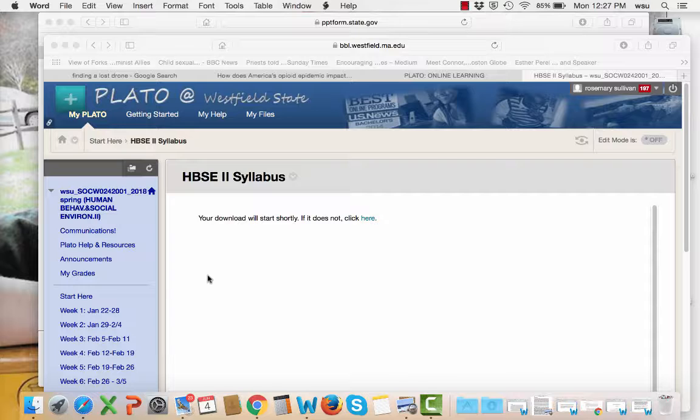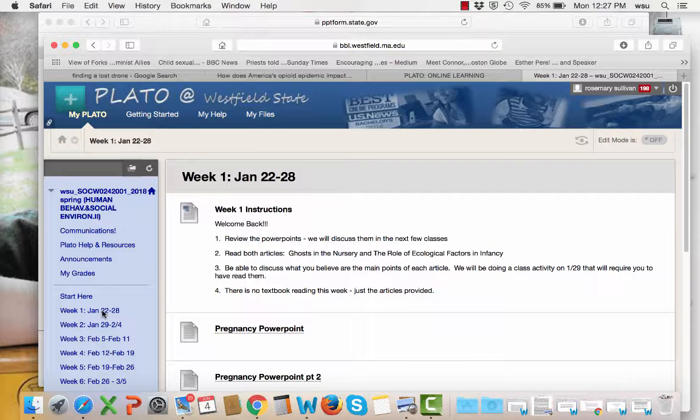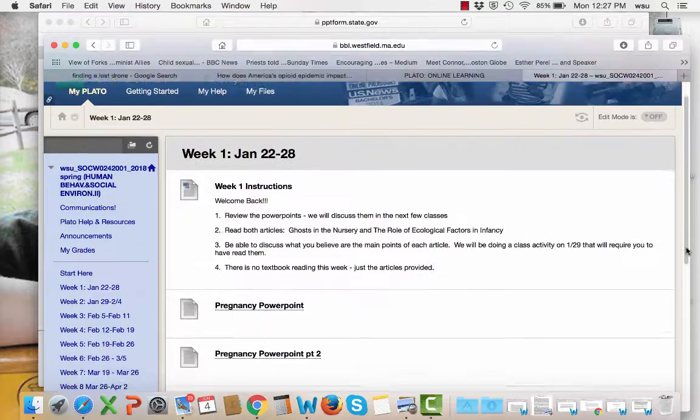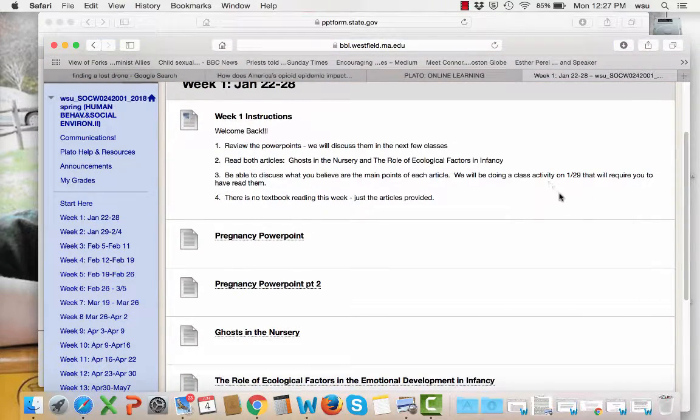That's online for them, and it's also made clear in class. We have class every Monday, and the rest of the work is due online during the week, due the following Monday. So each class, as you can see, is broken down by weeks. There are instructions at the top of every folder, where I try to be as clear as possible about what